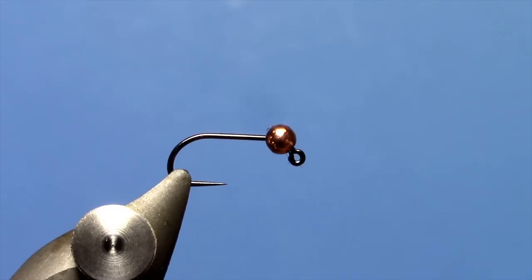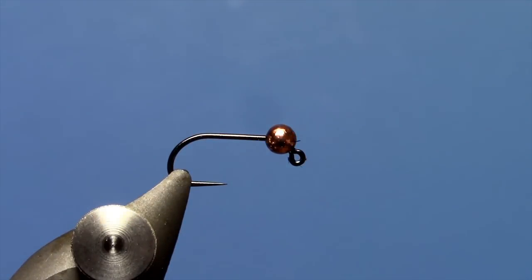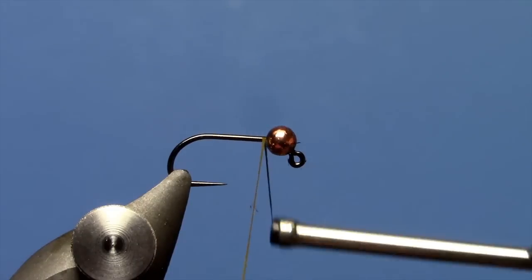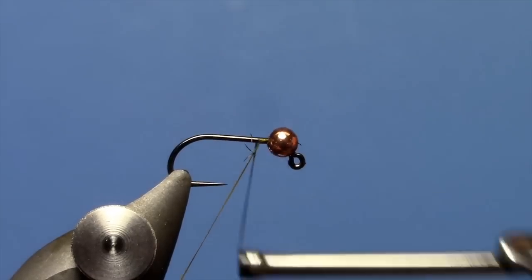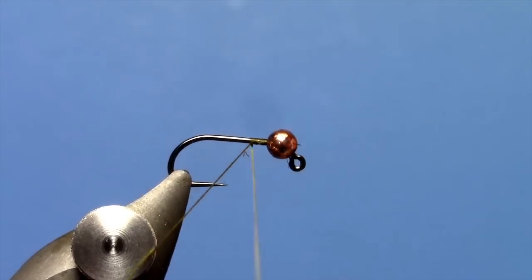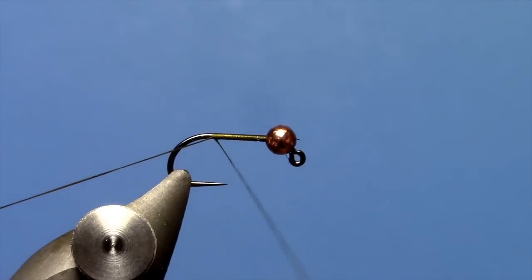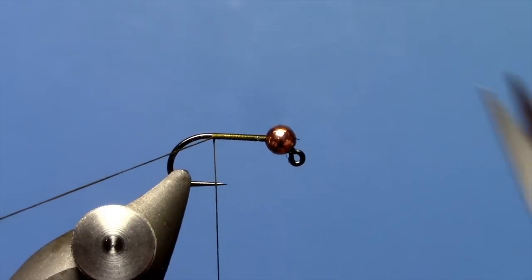This is our Dakota Angler jig hook with a copper slotted bead. This one's a 14. This fishes well in 14s, 16s, and 18s. I've got some 70 denier brown olive thread. I'll start right below the bead, or behind the bead. Take my thread all the way towards the back of the hook, stop just shy of the end of the hook shank, and then